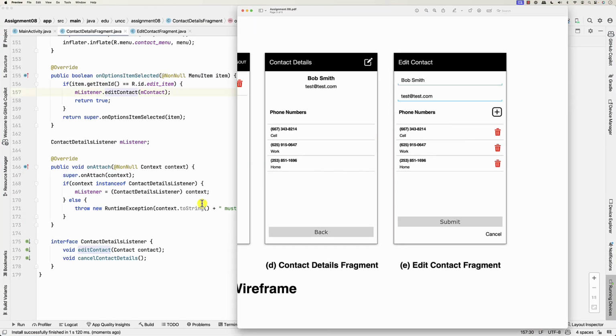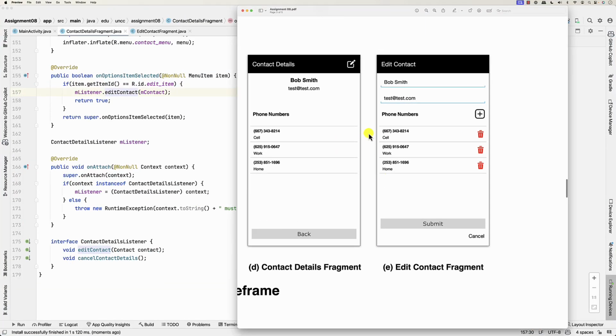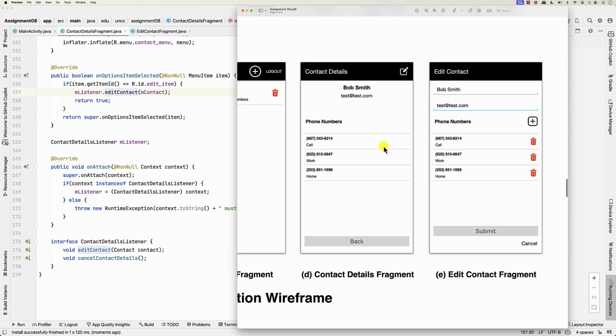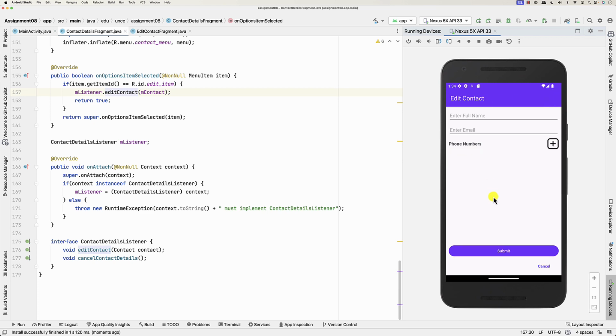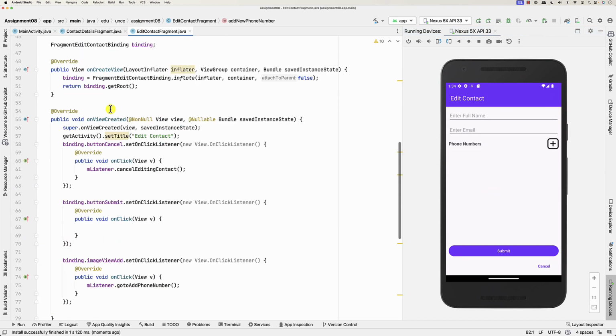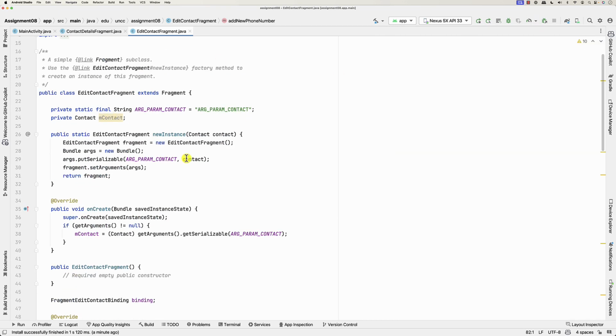So basically, we would like to go from this screen to this screen. All right, so let's do that. I click here, and I click here, edit contact. Very nice. So now inside edit contact, when we first enter, right? So what I would like to do is,